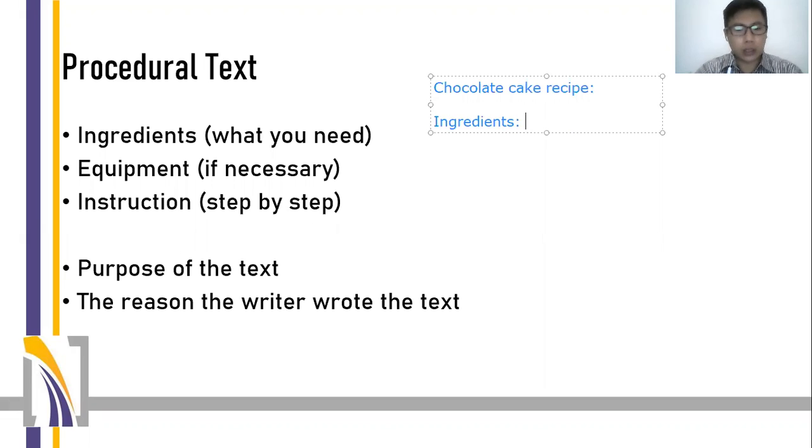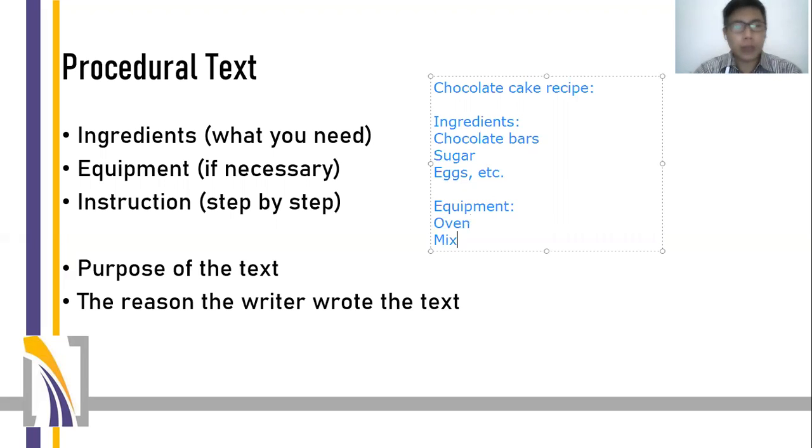It could consist of chocolate bars, sugar, eggs, and etc. And then the equipment, usually the cooking utensils, like maybe an oven, a mixer,